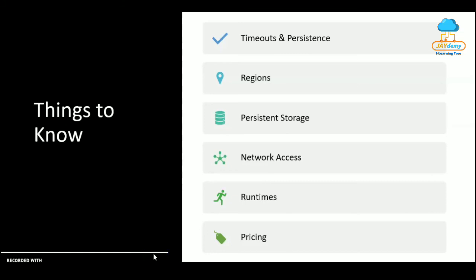So network access. Sessions can make only outbound connections to the internet, but do not allow any type of inbound connections. Sessions can currently connect to resources inside of a private VPC subnet. Runtime, we already discussed. In addition to that, Python and Node runtime, Bash, PowerShell, jq, Git, Elastic Container Service CLI, Serverless Application Model CLI, npm and pip are already installed and ready to use.